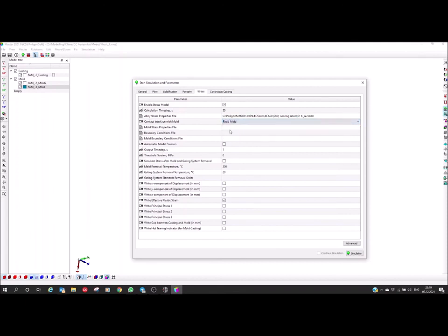If we select it, we don't need any mechanical properties, any stress properties for the mold, and we don't need any additional boundary conditions for the mold. It's a very simple and effective way to simulate stresses in casting, taking into account contact between casting and mold. Now I need to set up the output time step, and I think